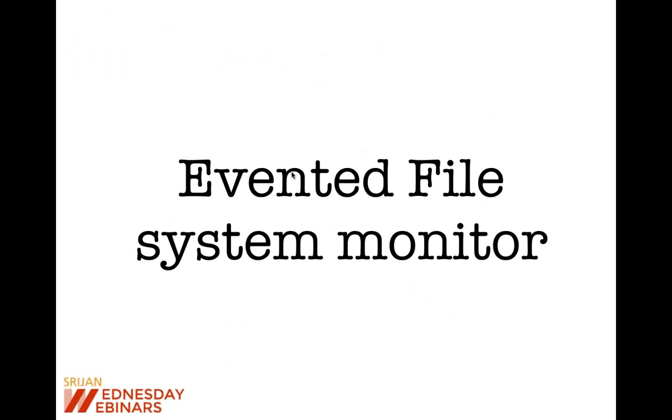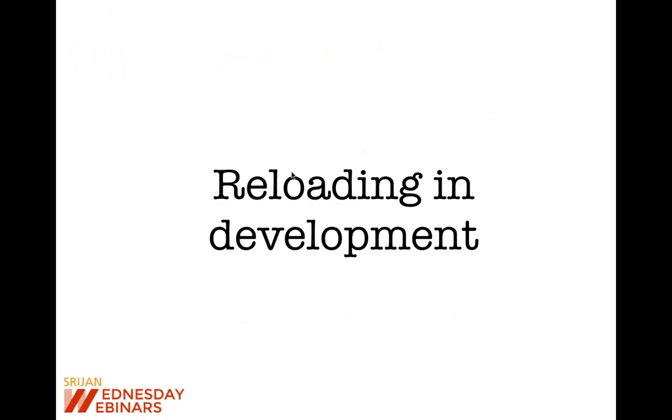Another good thing that has happened, which is not exactly user facing, there is no command to use this, but still, is a feature called evented file system monitor. So we know that in development mode, Rails always reloads our code. So if something changes, let's say in our app models post.rb, we don't have to restart the server manually. Rails will just reload the code automatically, and that new code will get reflected when we refresh the page next time.